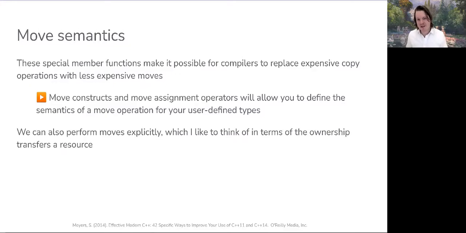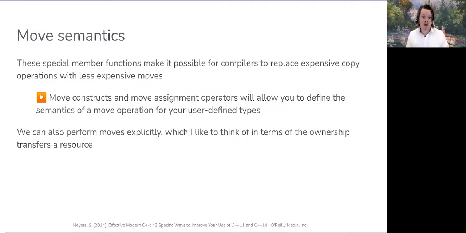Well, that's going to be defined in our move constructor as well as our move assignment operator. So it's going to allow us to define what move means for an object of one of our user-defined types. The compiler can leverage this as it's compiling our source code into a runnable execution, but we can also leverage it